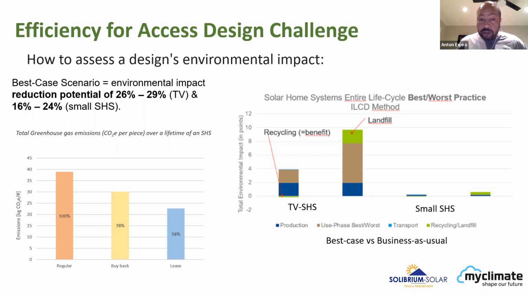We tried different models in Kakamega in Kenya that includes buyback and lease compared to the regular model. The regular model of solar home system sales in Africa right now is a pay-as-you-go model where you take a solar home system home and you pay for the system anything from over 6 months to 1 year or as long as 2 years. This model does not encourage people to recycle their products, and there's no provisions for recycling.